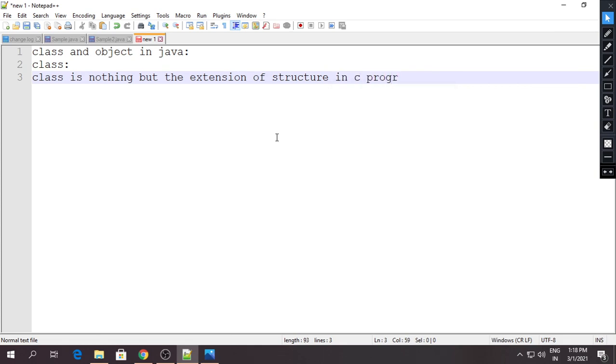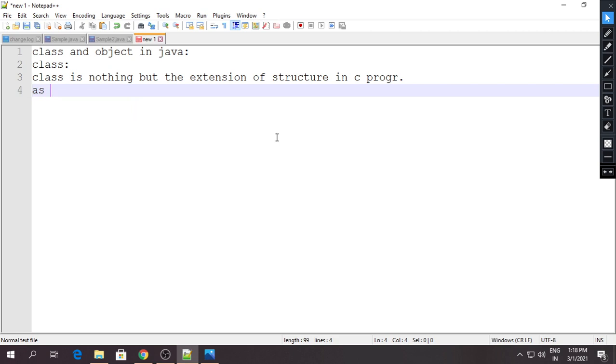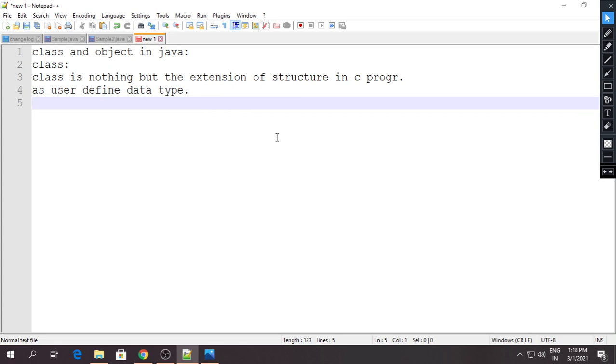In C, we use a structure as a user defined data type. Now, what happens when you define a structure in the C programming language?